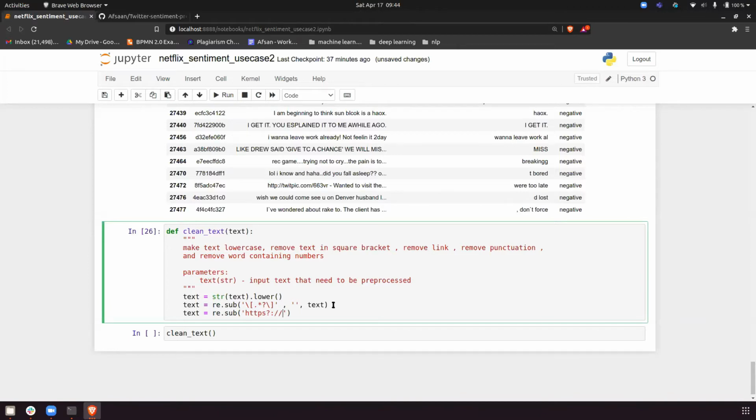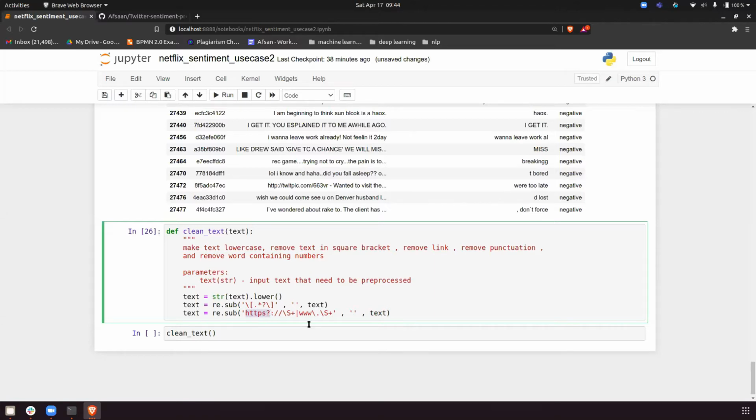Then I will take one stop word, and I will say if this is www or simply any white space, then dot, then again plus. And I'm giving the text. Can you explain what I'm doing here? The URL could start with HTTP or HTTPS. Basically, I'm putting a question mark there, so it will take HTTP, and the S can be there or cannot be there. This is the meaning of question mark.